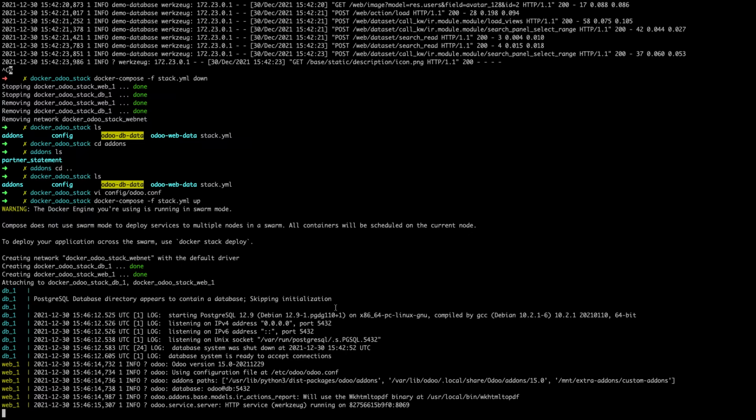Now on your screen you will see the logs coming from our database container and a web container, and our web container, which is nothing but Odoo itself. Here you can see, whenever Docker started this Odoo application, Odoo by default it mounts some add-ons. So here you can see we have our community add-ons, and if you remember, this is the custom path that we have provided, and now Odoo will read all the modules from this location.